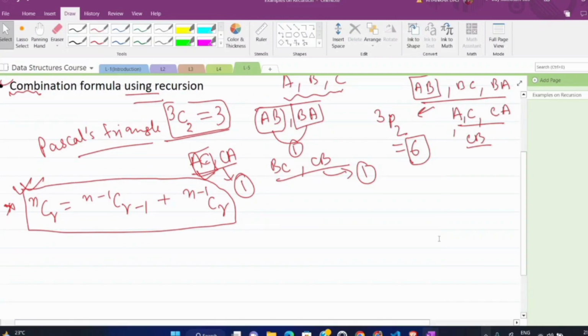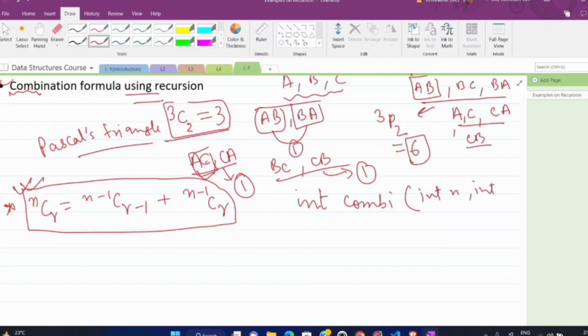So we will basically declare a function, say combi, and the return type of this function will be integer, because nCr will always generate integer values. This function will take two integer parameters, int n and int r. Now the breakpoint is, you must have learned in the combination formula that nC0 is always equal to